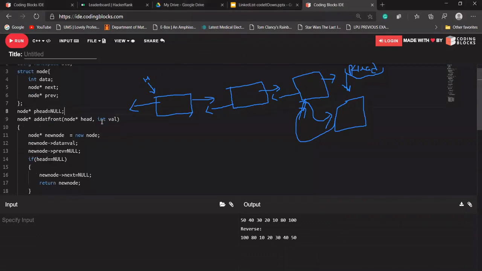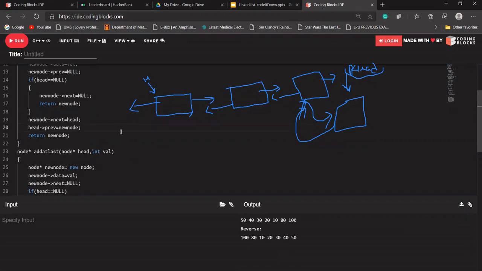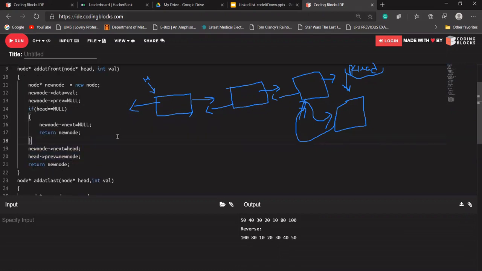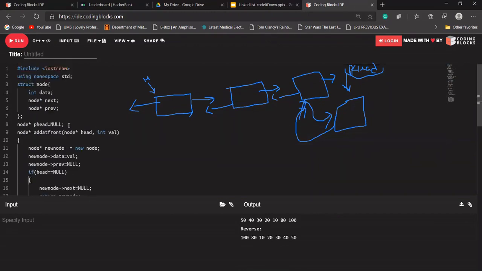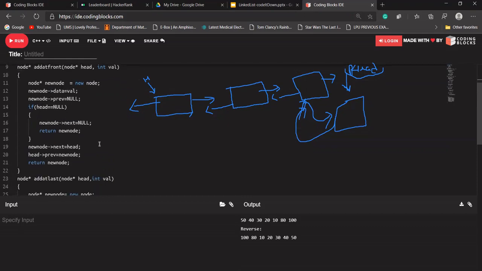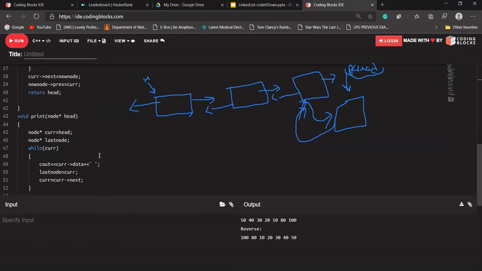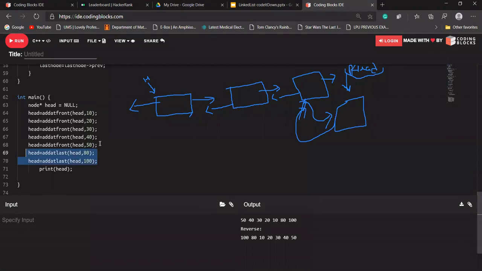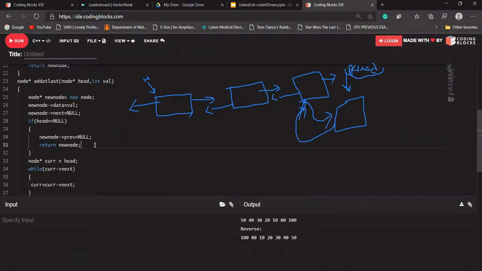So this time, what we'll do is in our add at last node, because we need this pointer. Suppose I'm taking a global variable. A global variable at the starting will point to a null value. Suppose when we try to add something at the front of our linked list. Because before adding at the last, we have added something at the front of our linked list as well.